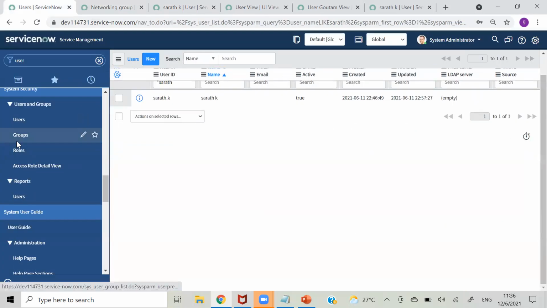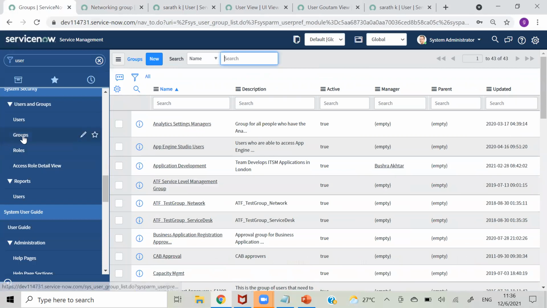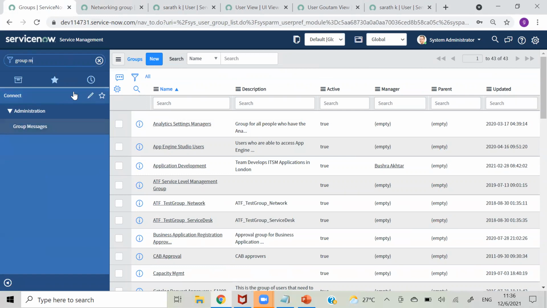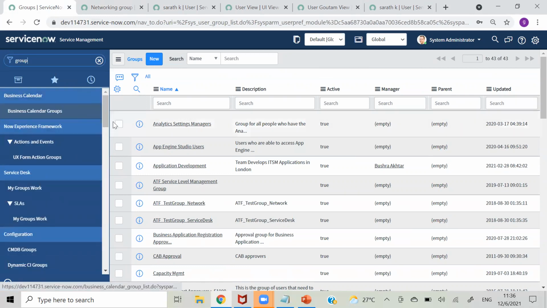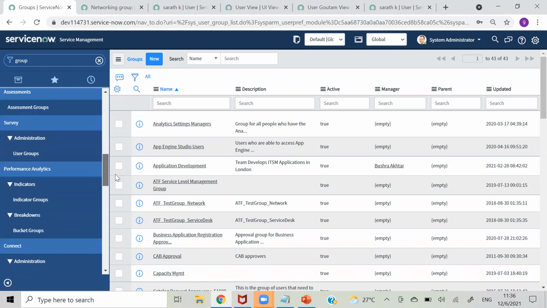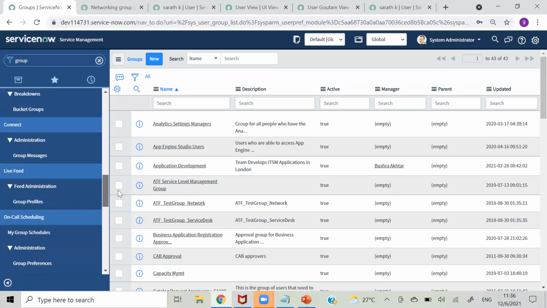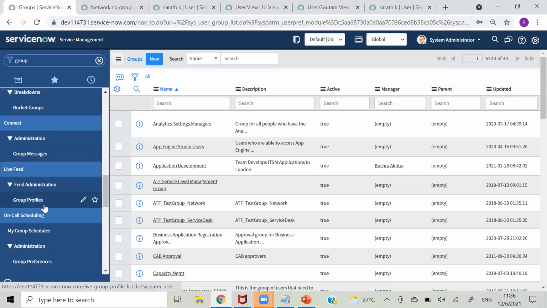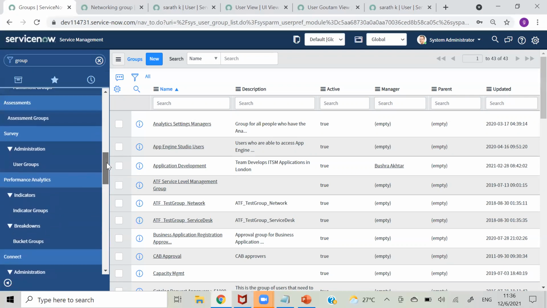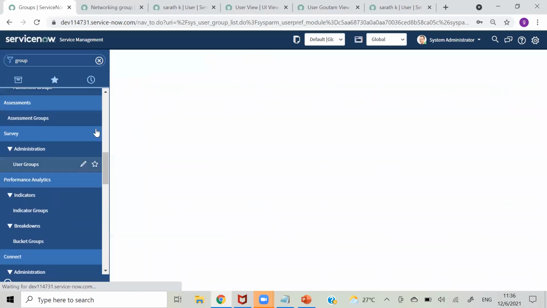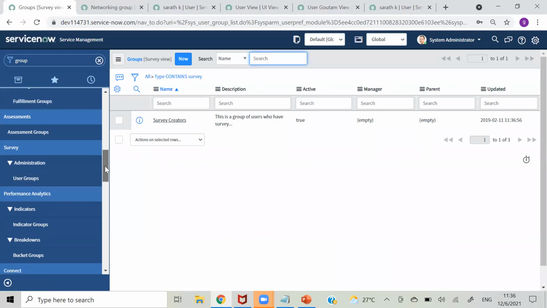So this is about group, and we have added Sharad.k in the group, right? So we have one more table, group member. Where is that? It will be visible or not? Not this one.